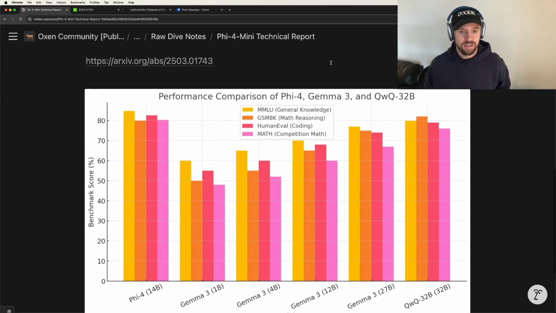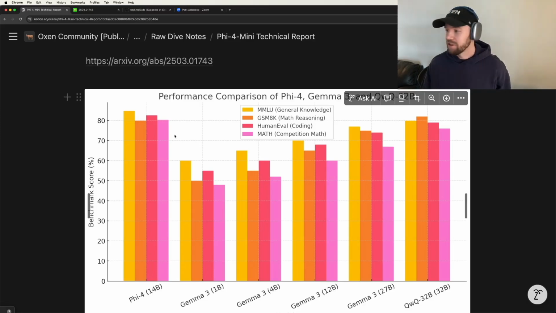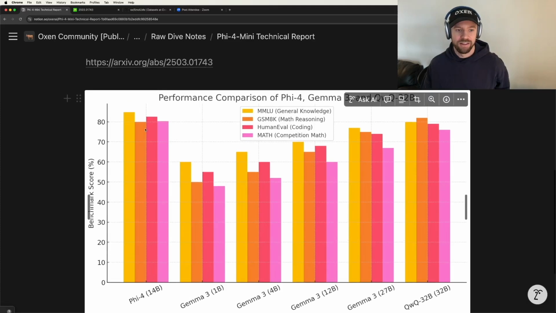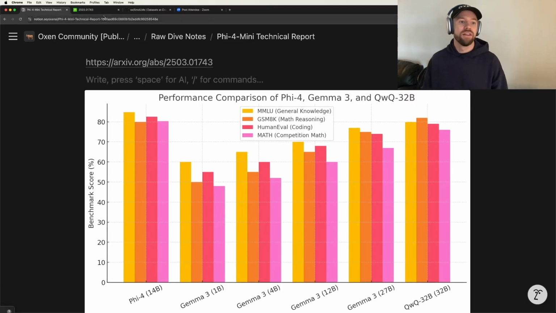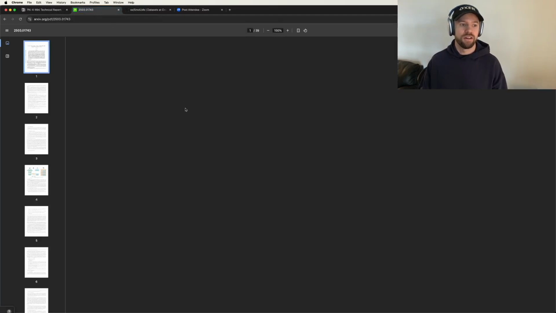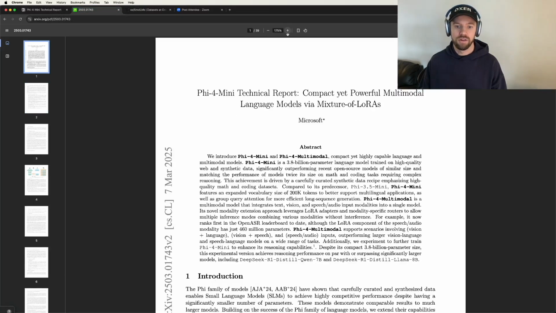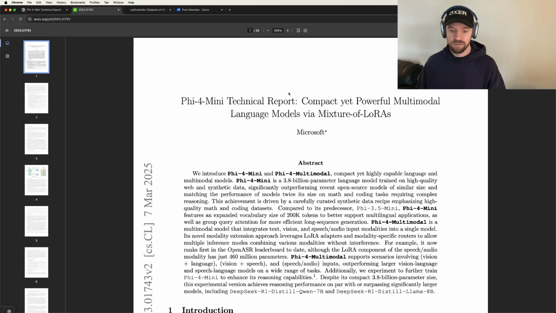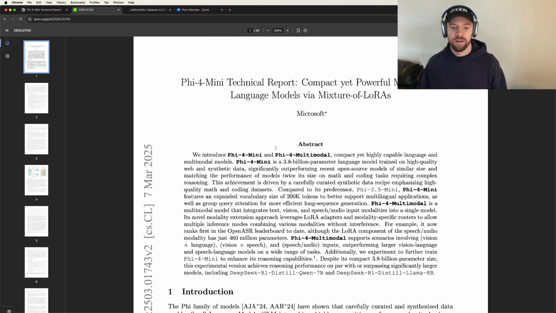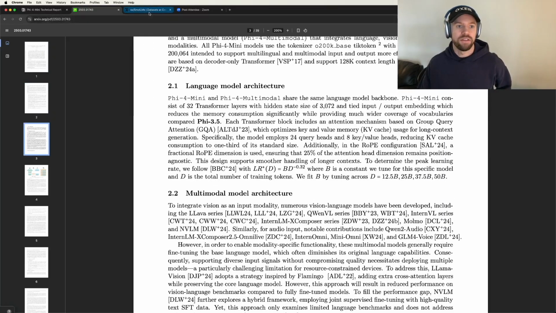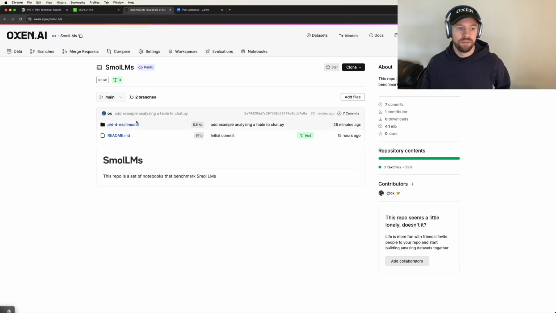And deep research seemed to think Phi-4 14 billion parameter is the best out of that suite. I don't know exactly where it grabbed all this data from, but excited to see if it actually lives up to the hype. The paper is here on Archive, and it's a pretty high-level technical report. They do get into some of the details of the training data and the model architecture. But I thought I would start with just showing you kind of at a high level how